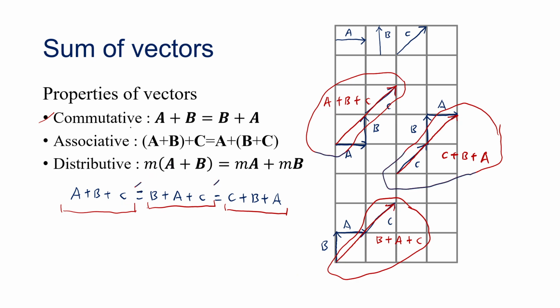It shows us that things are commutative regardless of how many vectors we have, and the order of adding all these vectors is not important. Actually, this also leads us to the second property, which is called associative. In this case, you can see this. If we do the a plus b first,